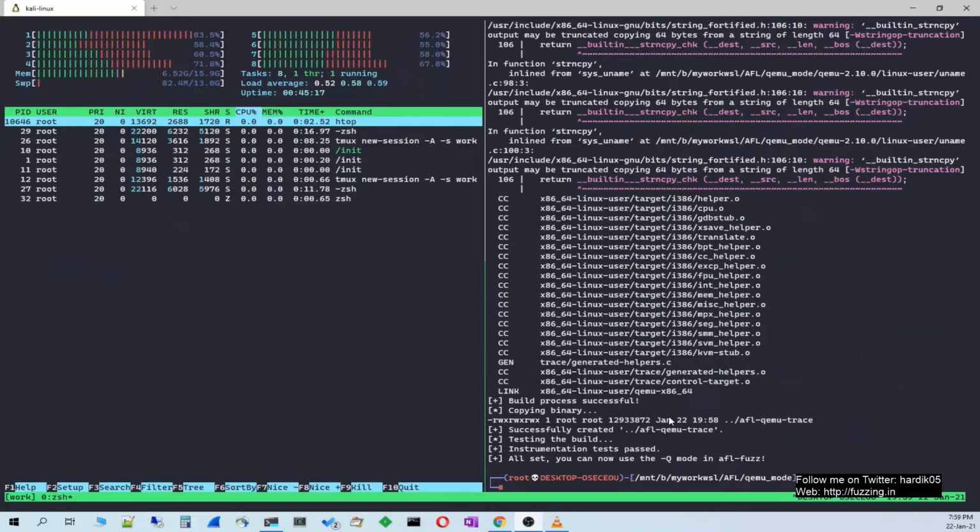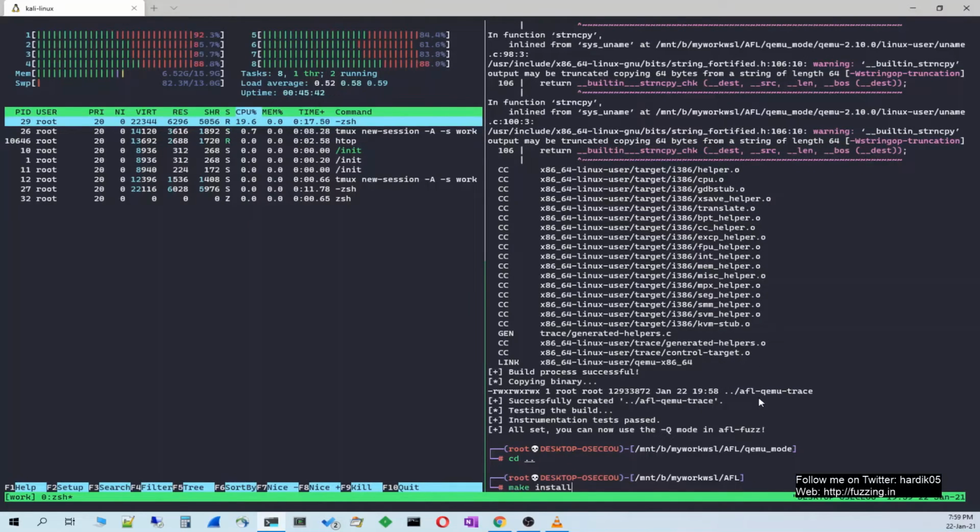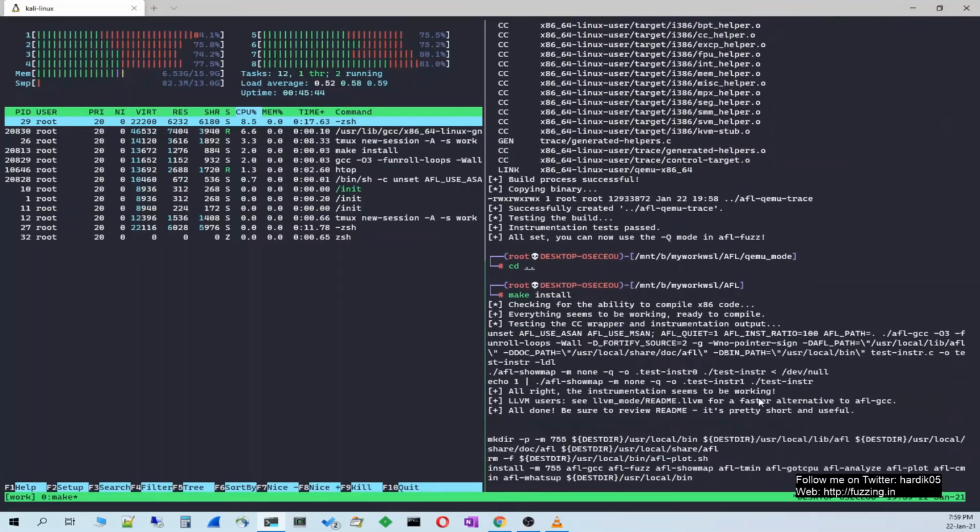So finally you can see that the build has been successful, and it gives a message that successfully created AFL QEMU trace, testing the build, instrumentation test passed, and all set. You can now use the -Q mode in AFL fuzz. So basically now our build has been successful. We can simply go to our AFL directory, do a make install, and